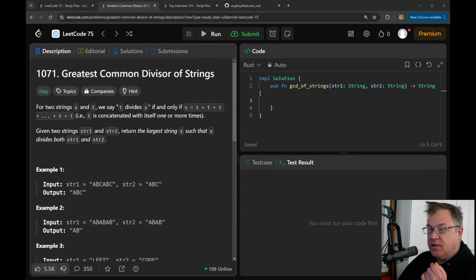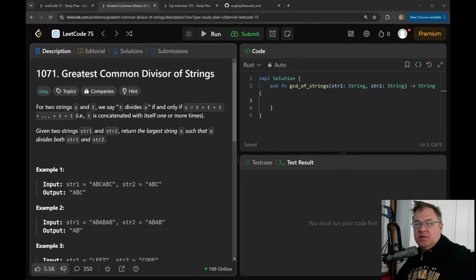I guess the thing that we could do here is let T in equal, it's got to be repeatable, move T dot in, T in chars.